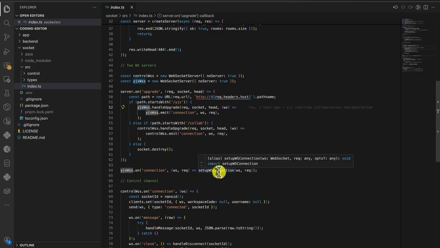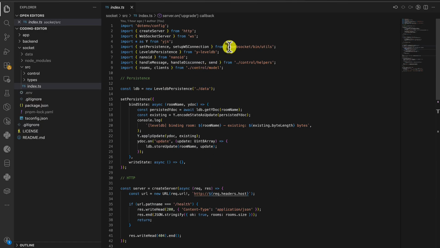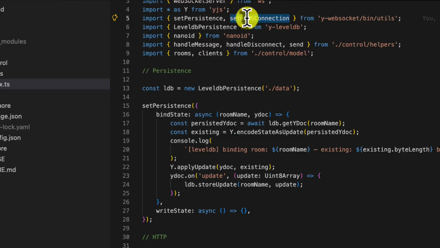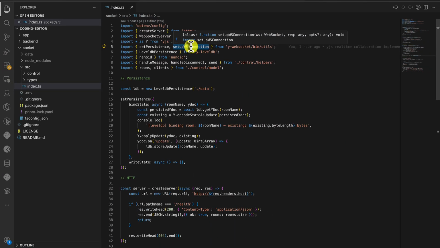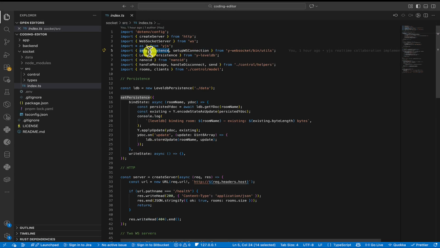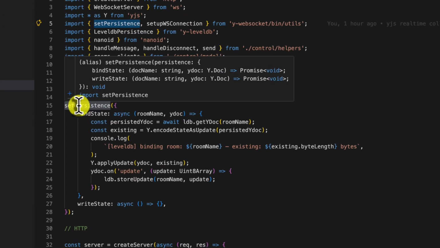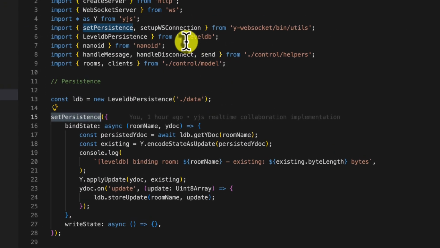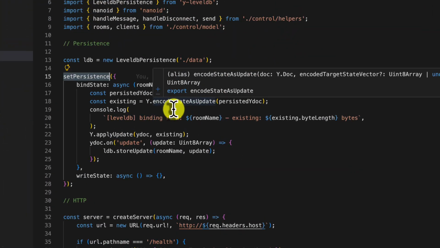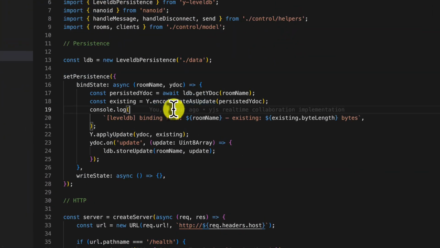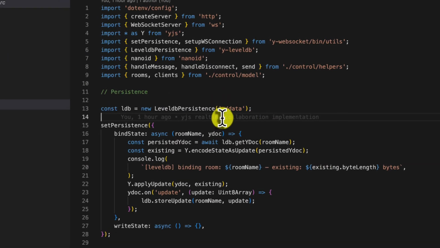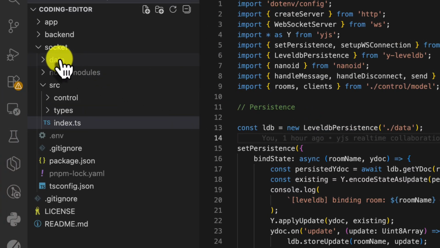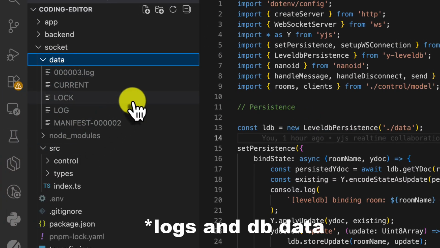So this function is from YJS. So you can see y-websocket. So they give us this setupWSConnection. They handle the connection and the setup and everything for you. So they also give us the setPersistence. So this setPersistence is the function that we use to set up y-leveldb, which is the store that YJS uses to handle file sync. Also, you can see there's a reference to this data folder here. So that's the folder in here where we have all the logs from the